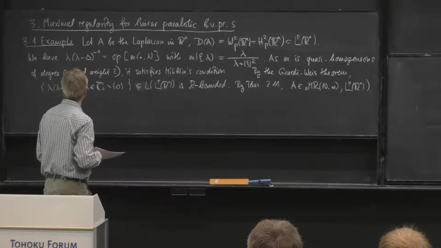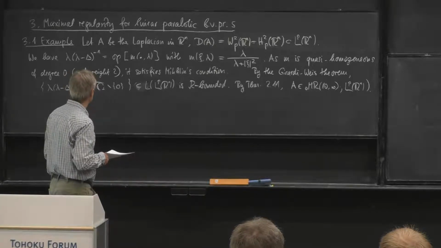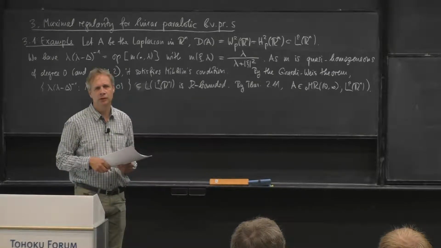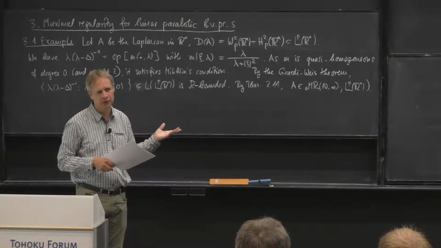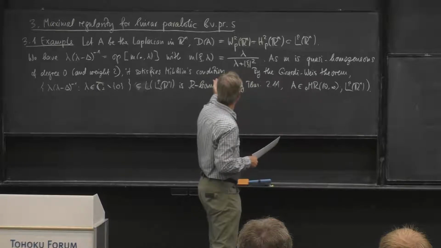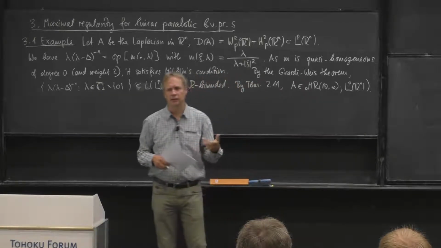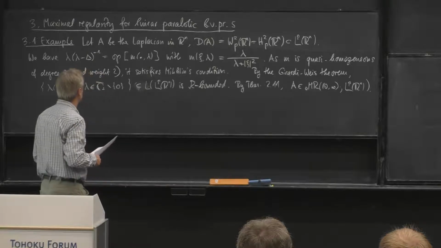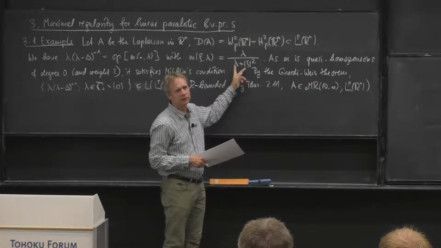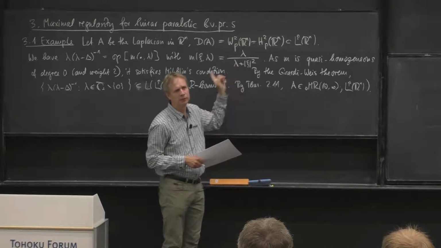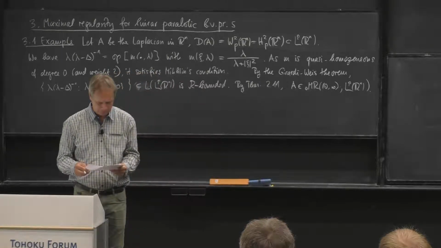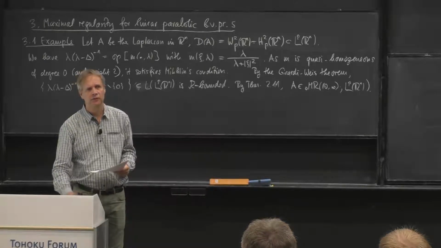And okay, so this was a prototype of a parabolic equation. It's the heat equation. So maximal regularity means I have now well-posedness of the heat equation in the appropriate Sobolev spaces. And if you check this, what is the point in this argumentation? The essential point is that I can here take the denominator. This is the point. So I have here no zeros of my symbol. And this is the basis for the definition of parabolic problems.